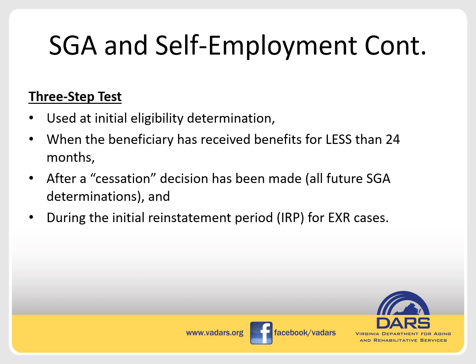and they go to work and they're self-employed, Social Security is going to evaluate their countable income looking at this three-step test. It also occurs and is used when a cessation decision has been made. So, for example, let's say they've used their trial work period, they're in their extended period of eligibility now, or their EPE, Social Security finds that their earnings are more than SGA. Those benefits are going to cease,